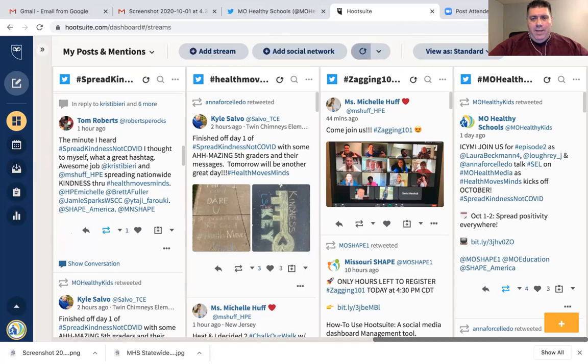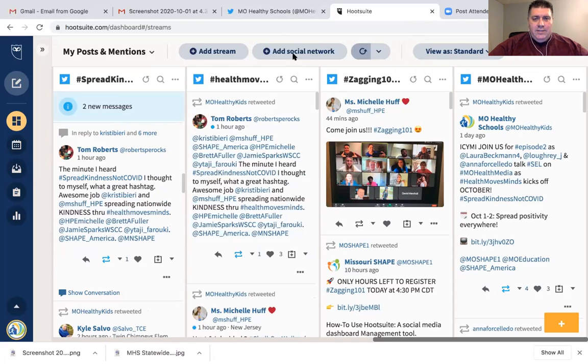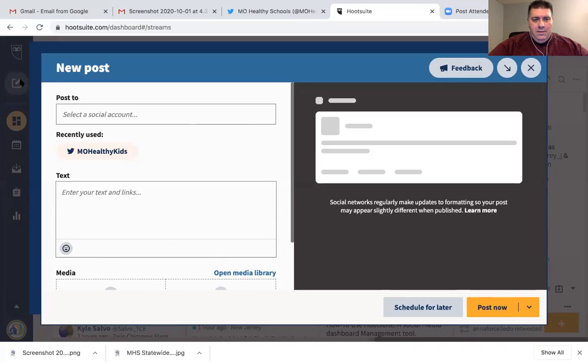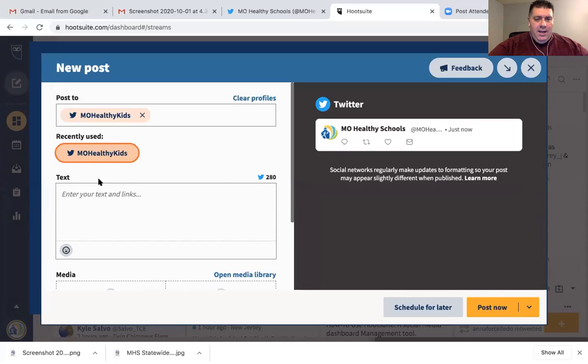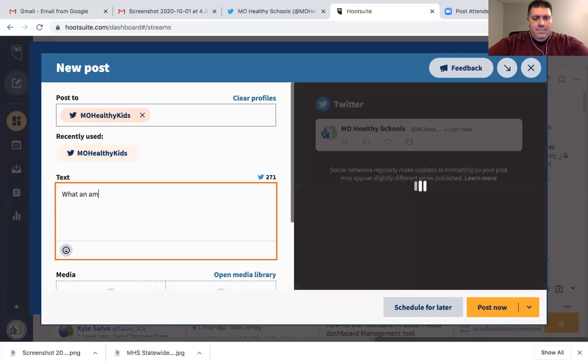So again, you can make any streams that you want. It says right here, you can add your social networks. You can also add your streams to make a post. Then it's just like you're used to saying, where do you want to post to? This is what Joey was talking about, where you can select what post you want to make. So in this case, say I want to do something to Twitter, I can then type in the text, and I can say, what an amazing